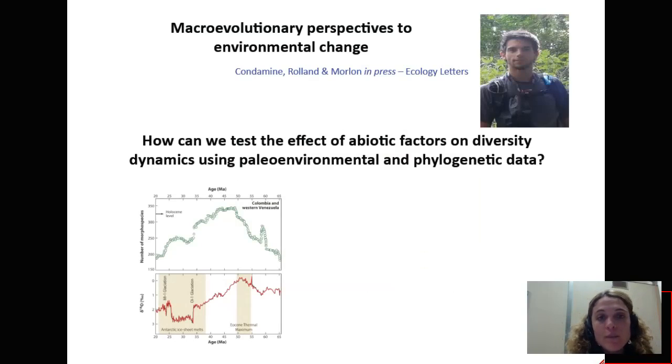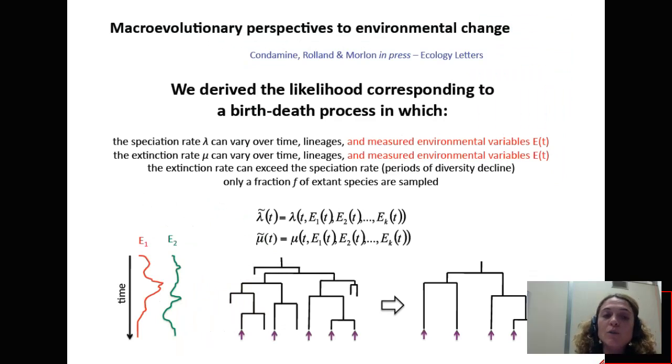So what we did with my postdoc, Fabien Condamine, is to think about how to directly test the effect of abiotic factors on diversity dynamics using paleoenvironmental and phylogenetic data. And this is something that is going to come out soon in Ecology Letters as part of a bigger paper treating other things, but it gives an idea on how to go about testing the effect of paleoenvironmental data on diversification rates. And still with the same principle, we derive this time a likelihood corresponding to a birth-death process in which the speciation rates can still vary over time and lineages, but also this time with a measured environmental variable. So we think that we might have estimates of temperature through time or of sea level through time, and we can incorporate this data